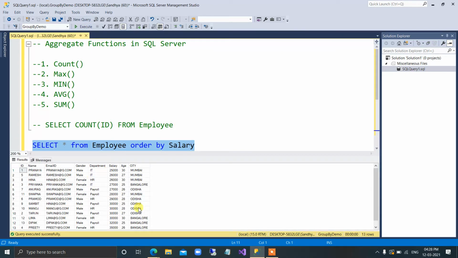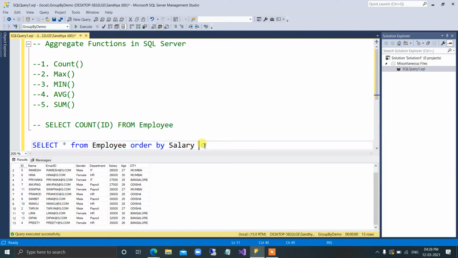So you will get all the records. Okay, and which is the highest salary? You can see here the highest salary is 35,000. Okay, if you say descending,